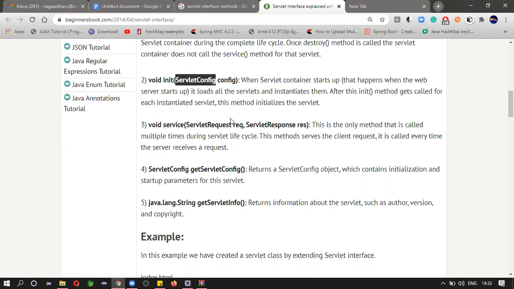Okay, so in order to do some setup, first you need to have what? Configuration object. The configuration object, a type of servlet config. Okay, we are dealing with servlet, right? Servlet config. So if you want to initialize a servlet,